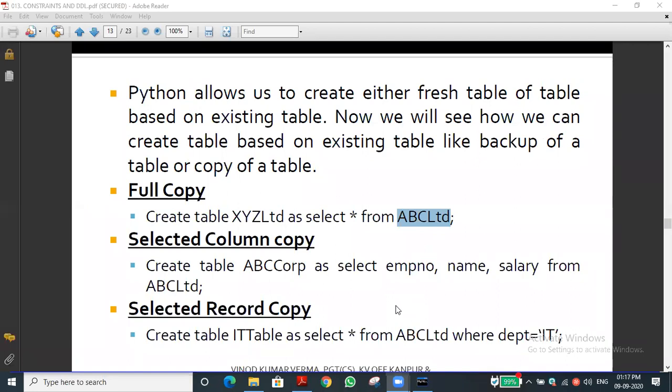For example, in the IT department, 5 people are working, but you need only the records of those who are working in IT and who are getting a salary of only 20,000. That people alone we can select.